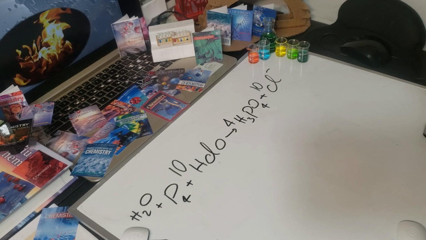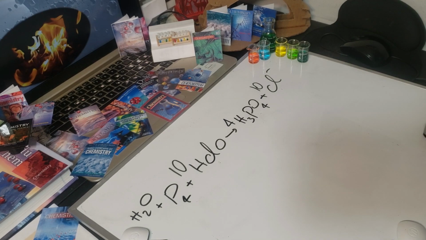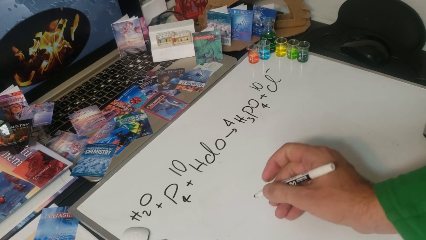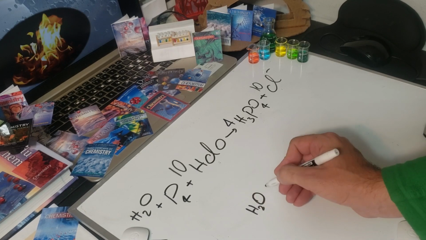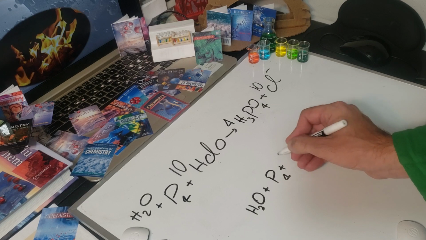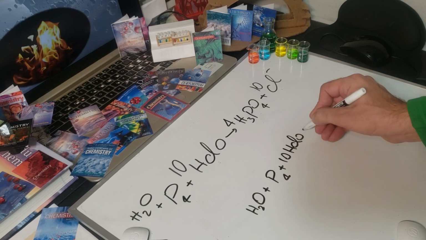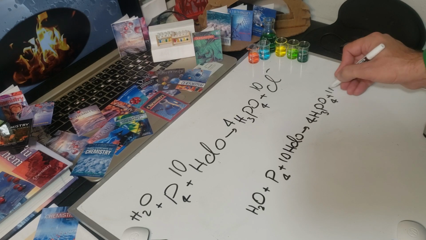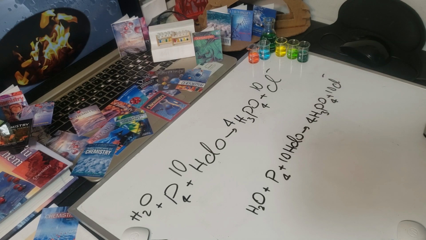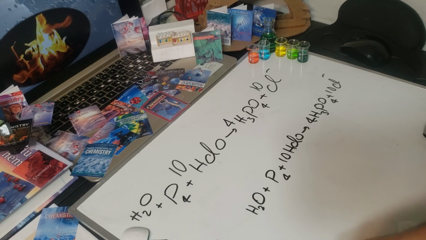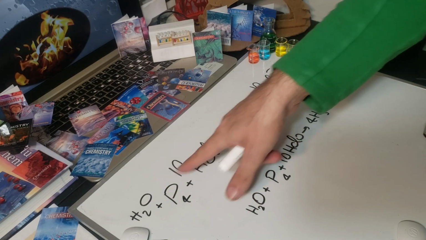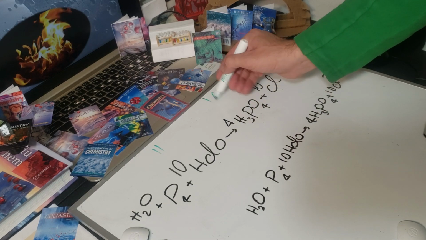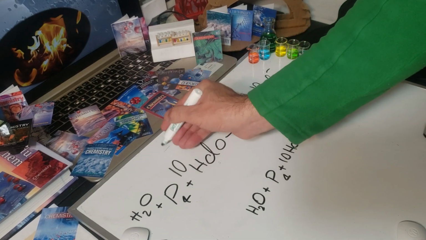Now let's count oxygens. Let me quickly rewrite it for a second time: H2O plus P4 plus 10 HClO, giving me 4 phosphoric acid and 10 Cl minus. That's the entire equation. Let's just count oxygens. We have 10 over here and 1 over here, so 11, and we have 16 over here, so I've got to add 5